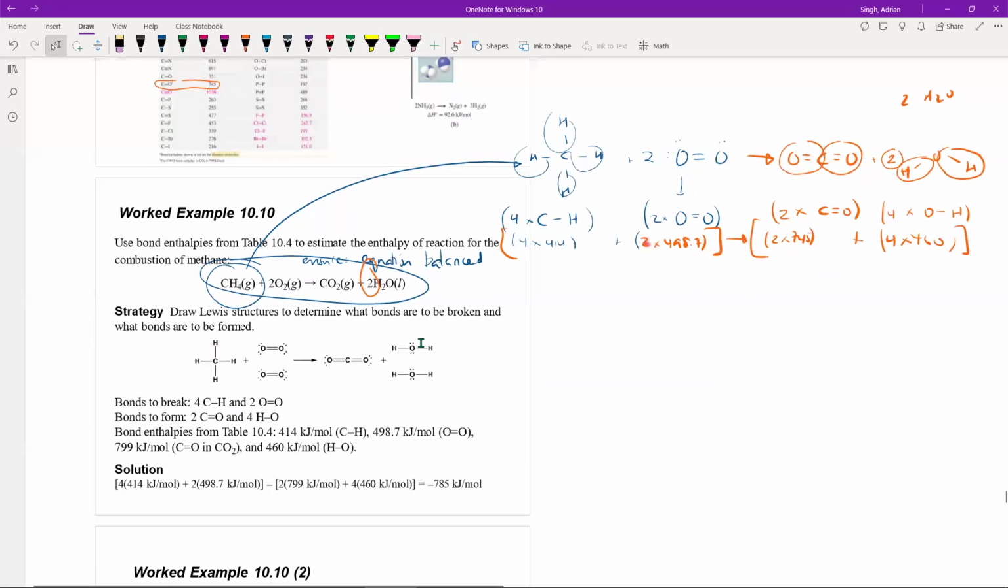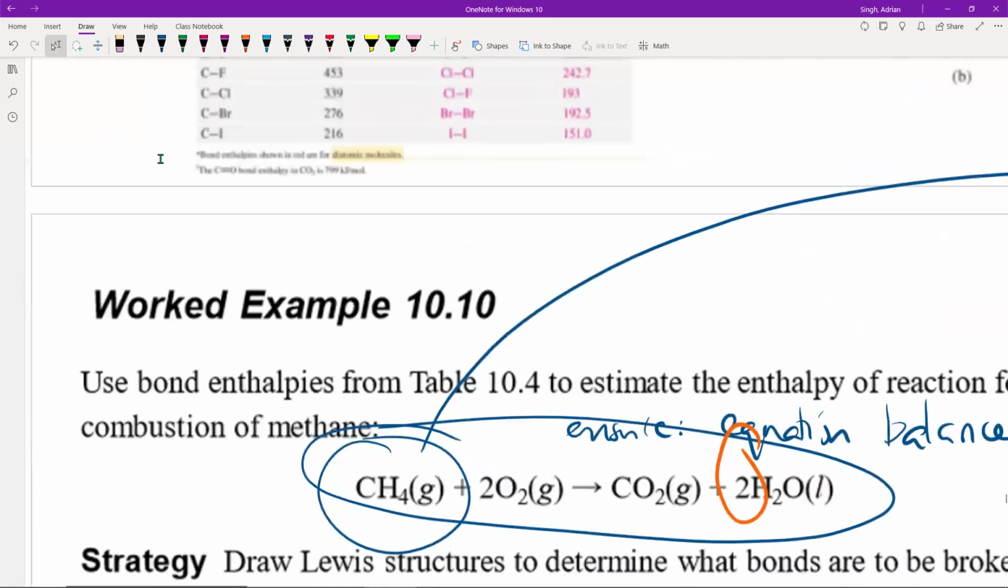You'll need your calculator in order to do this. So we substitute these values. We have 4 times 414 plus 2 times 498. So our delta H for this reaction would be 4 times 414 plus 2 times 498.7. That's the bond enthalpy for the reactants minus the sum of the bond enthalpies for the products. Oh, there's a little asterisk here. I'm sorry, I didn't see this. It says the bond enthalpy